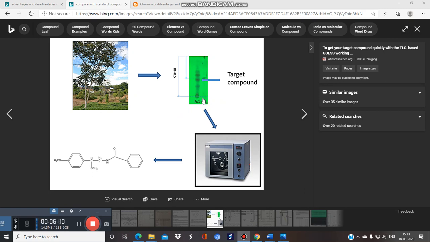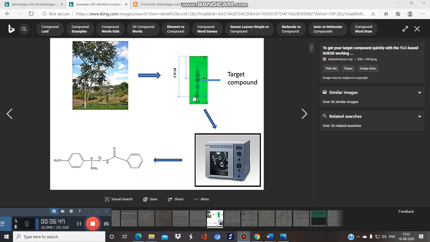So always remember one thing, if you have isolated something, then you have to compare it with the standard. That's what I am trying to say. You have to always compare with the standard. Suppose this is clove oil. You put the sample of clove oil here and it shows these compounds. And you put the sample of eugenol here, and if it shows at the same RF value, then we will say yes, your sample contains eugenol. Yes, the sample is good because eugenol is the main active component present in clove, and it contains eugenol,